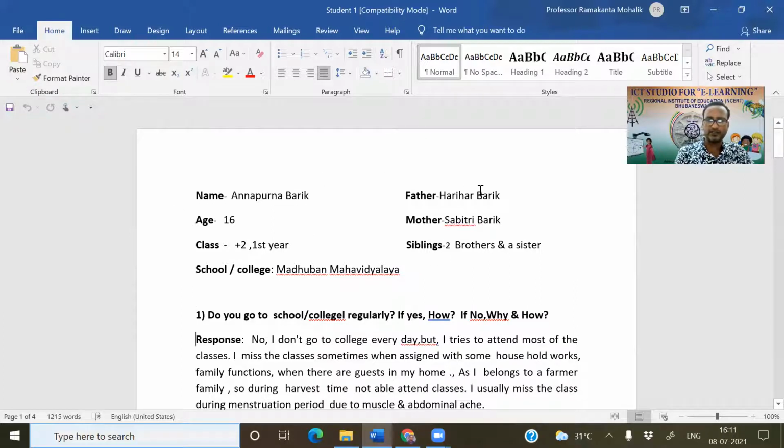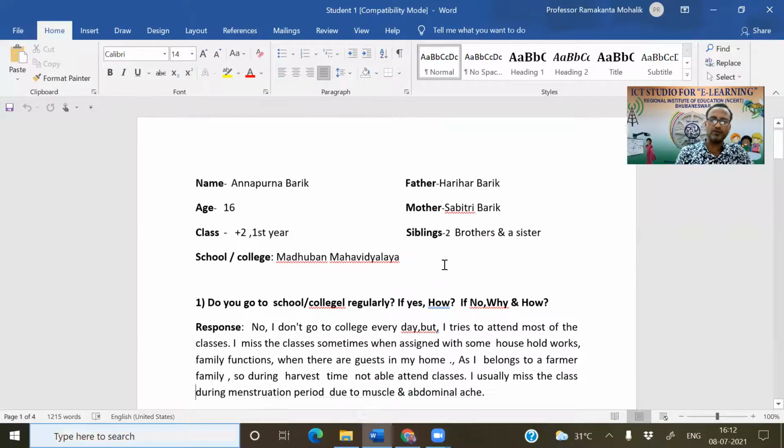The details of the sample you can see here: the name Annapurna Barik, the father's name, the age, mother's name, the class in which she is studying, then siblings, number of brothers and number of sisters, the name of the school or college. So these are the identification data, or different variables, you can say.